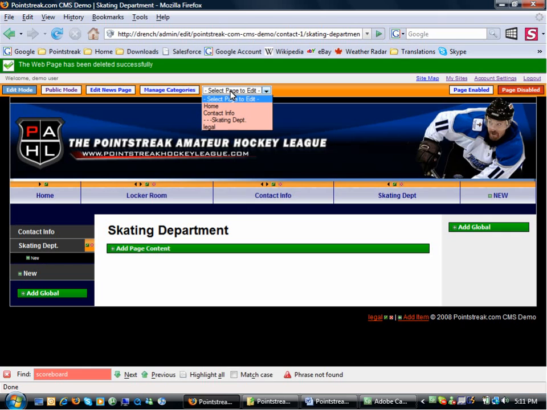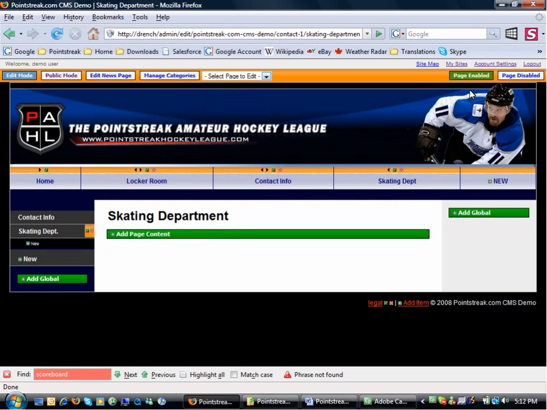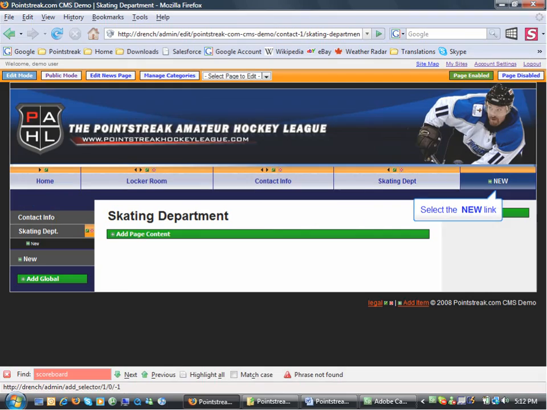Step 8, enabling your pages. You can see here in the select page to edit drop-down menu, all our pages are in red, which means they're disabled. So if we want to enable a page, we'll just click on page enabled, and now that page is publicly viewable to the public. And if we look again in the drop-down menu, that link is in green and the rest are in red. Step 9,